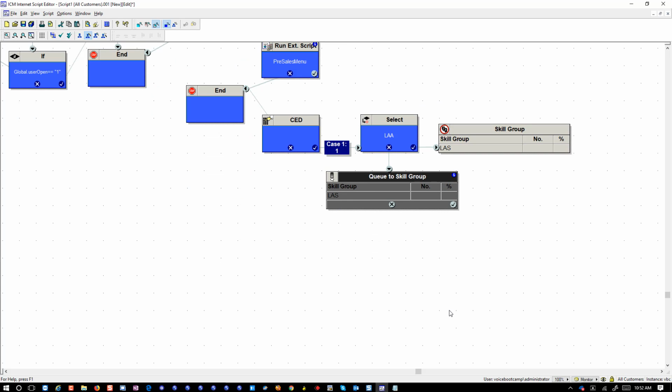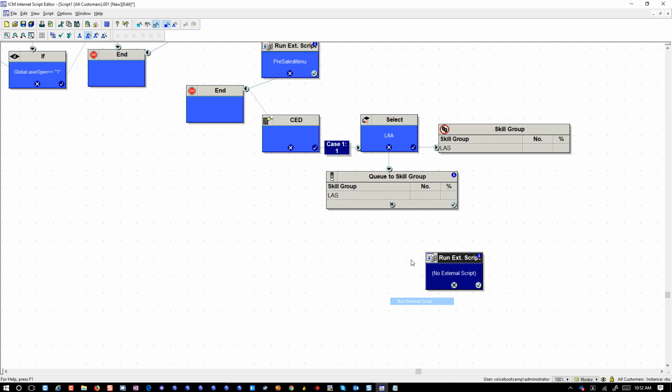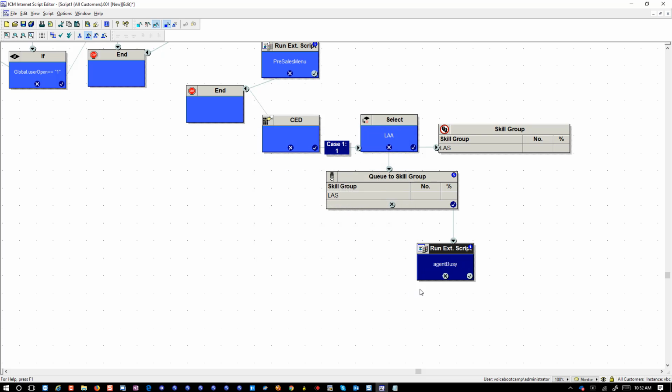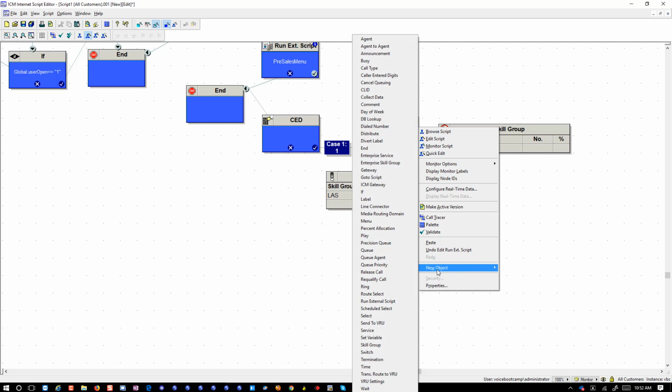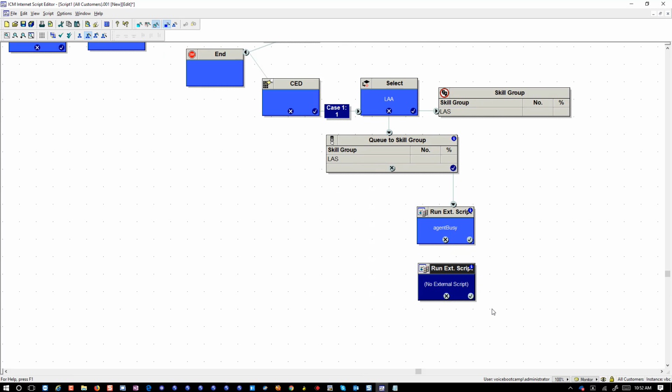Okay, now what happens if the queue is successful? We're going to run, play agent busy. And then I'll run another external. If it's agent busy,